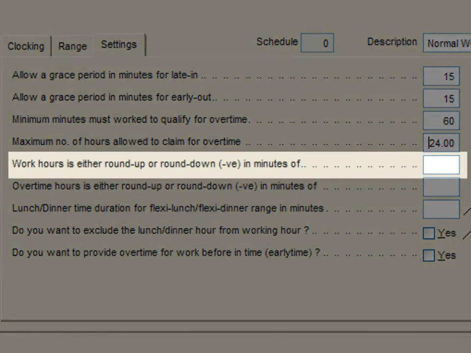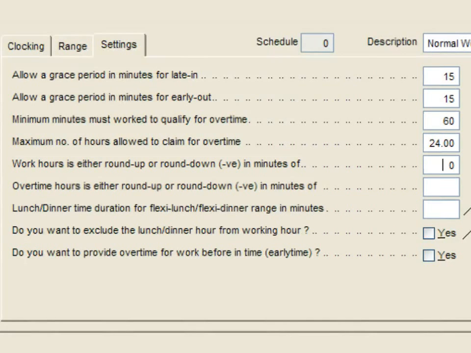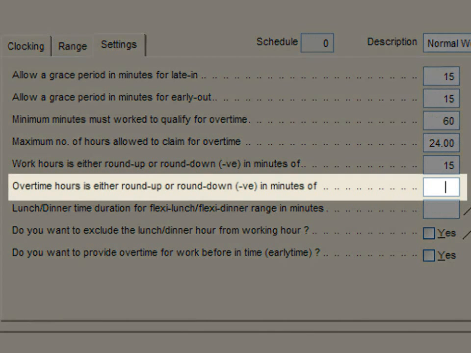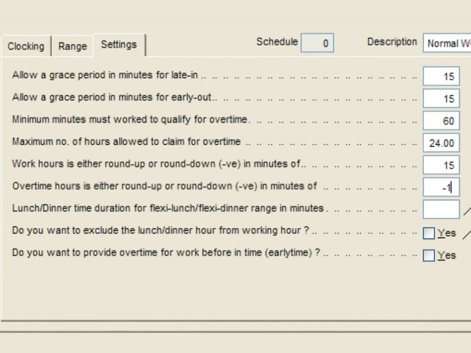The fifth option is to round up or round down total working hours. For example, if you put 15 minutes and your total working hour is 8 hours and 10 minutes, you will automatically be rounded up to 8 hours and 15 minutes. The sixth option is to round up or round down total overtime hours. For example, minus 15 minutes, and your total overtime is 4 hours and 10 minutes, you will automatically be rounded